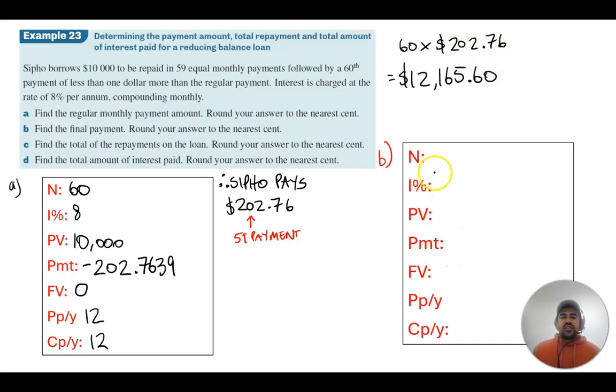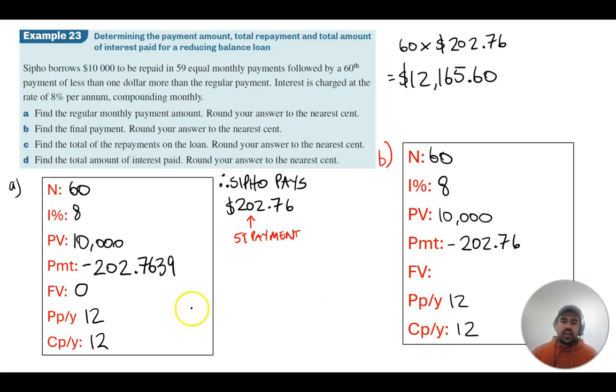We're going to put this information in again, which seems kind of counterintuitive, but you'll see why. So 60 payments at an interest rate of 8 with 12 compounds and 12 payments. And what's happening is Sifo is borrowing $10,000